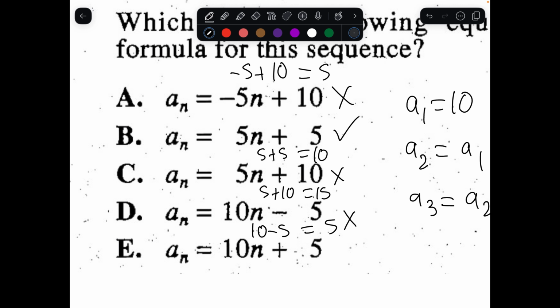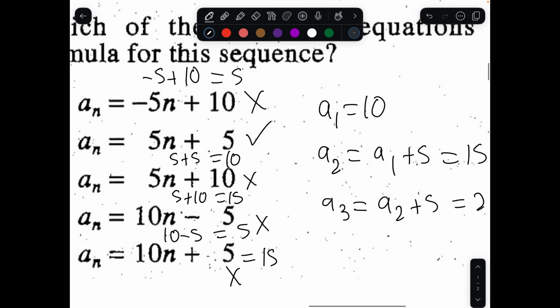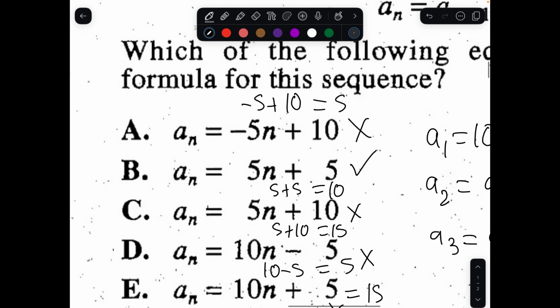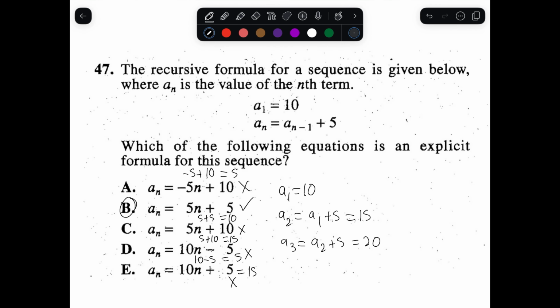And then the last one, when I plug in 1, I get 10 times 1, which is 10. 10 plus 5, which is 15. So it's not this either. So actually, I didn't even need to find these. I could have just used the first one. But actually, it's good that I found the second and third term, because for this problem, we just got lucky